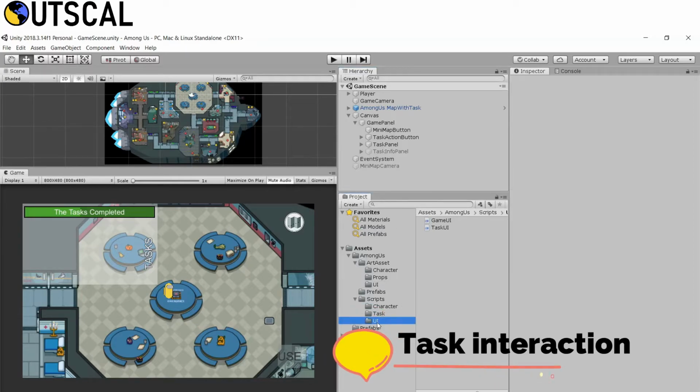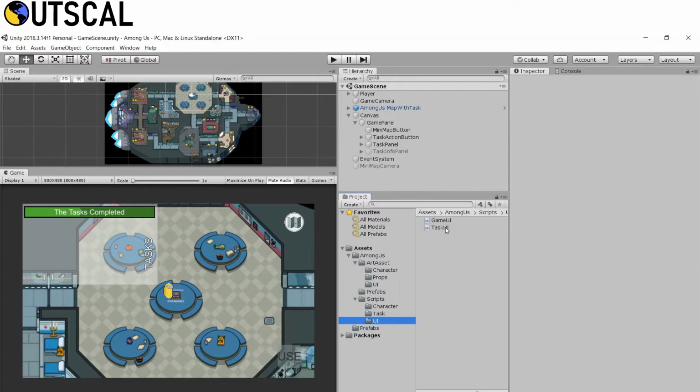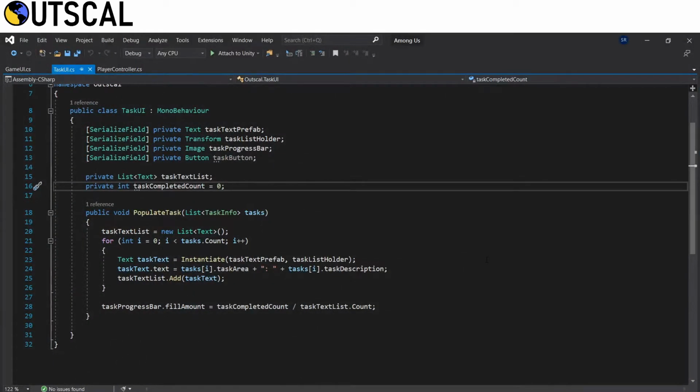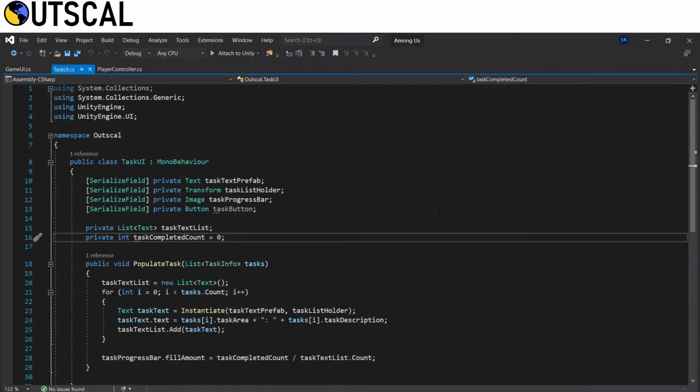Now for that, go to our UI and click on this task UI, and we have to add a few more methods to this task UI script.